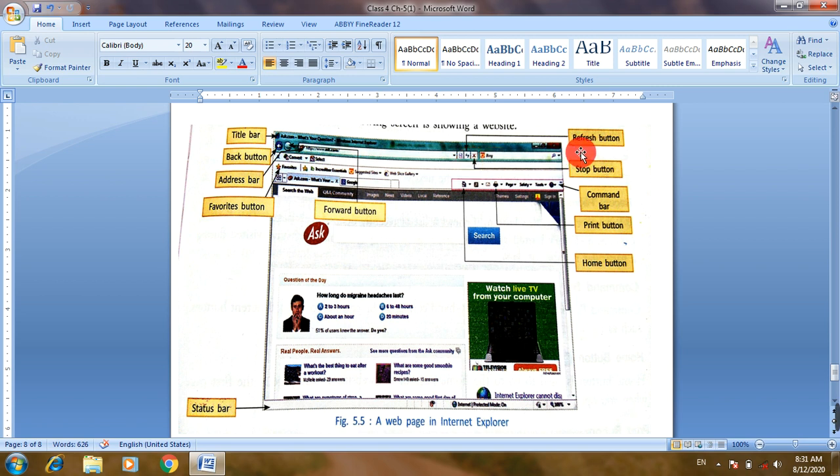First one is refresh, then stop, and this button represents the security of the website. This is your favorite button, then the forward button, and here in the bottom section you can see the status bar.